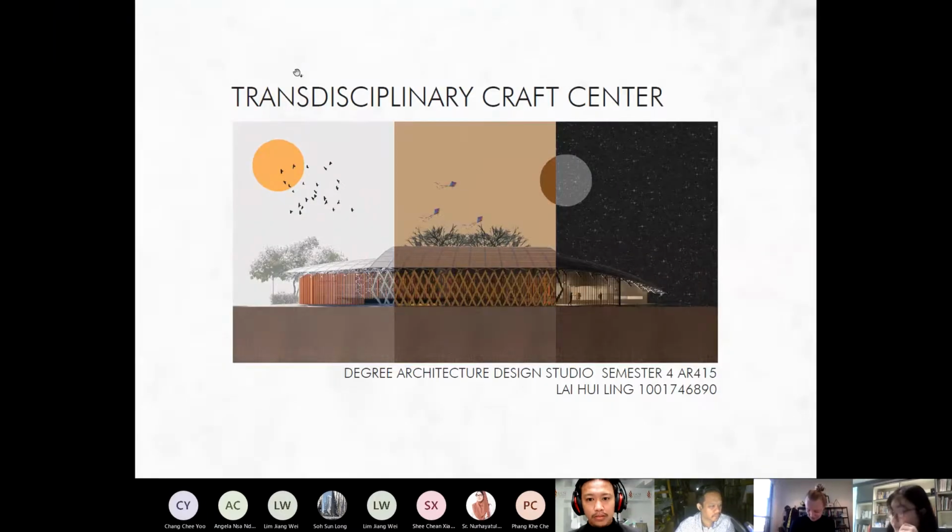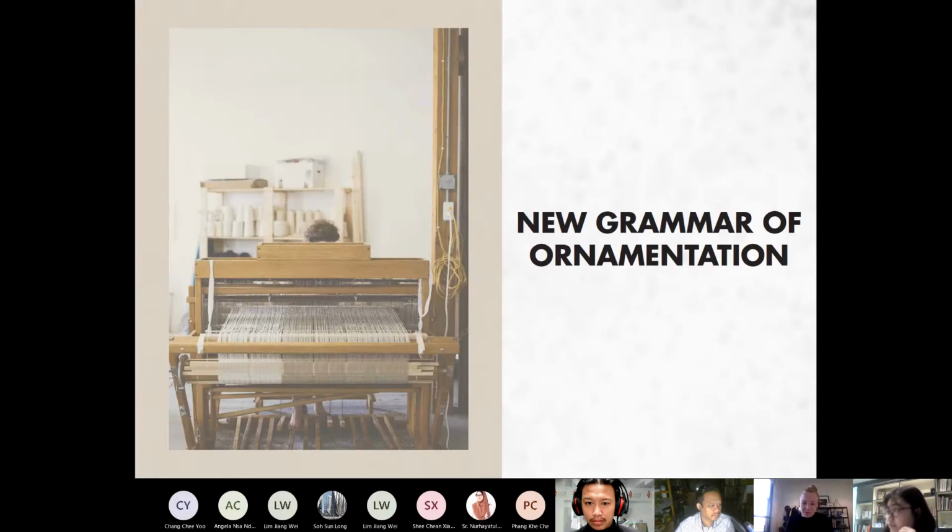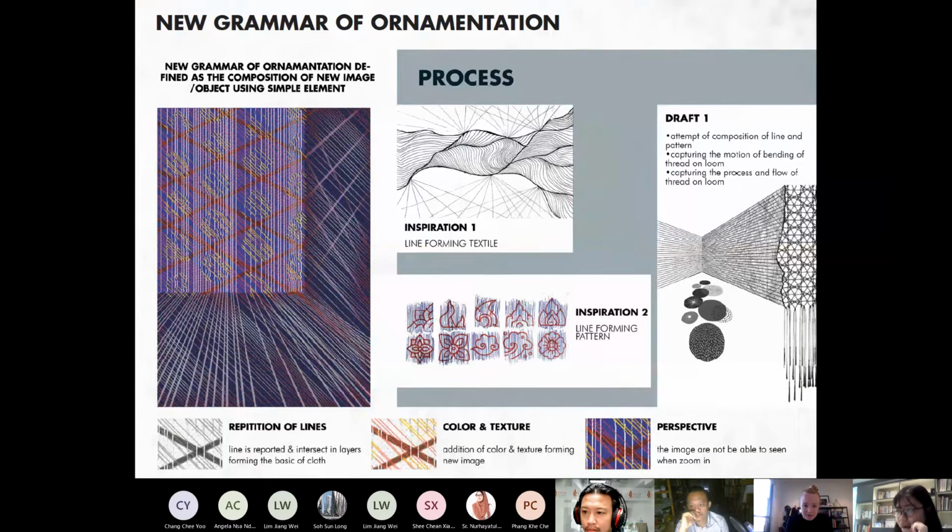Okay, so everything starts from my new grammar of ornamentation, which is our first project. In this project, it's basically a new definition of the grammar of ornamentation, which I define as a composition of new image and object using simple elements. That became the ideation for my abstract art, which we are going to produce in this assignment.